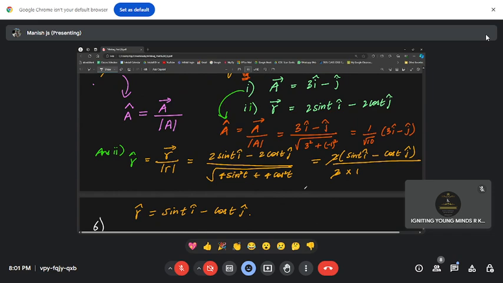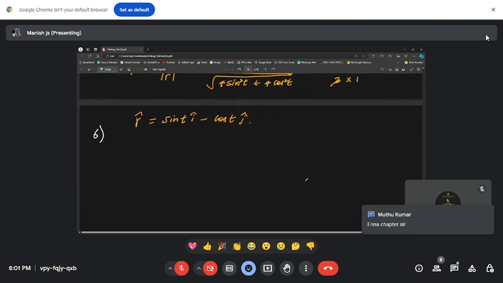Okay, sir, 3 i cap and 3 i vector are the same, because the way they print it in the state board textbooks, they use a bold letter. Representation might be different, but ultimately the meaning is the same. It has the same sense. I hope that's clear. We'll move on to the next part.